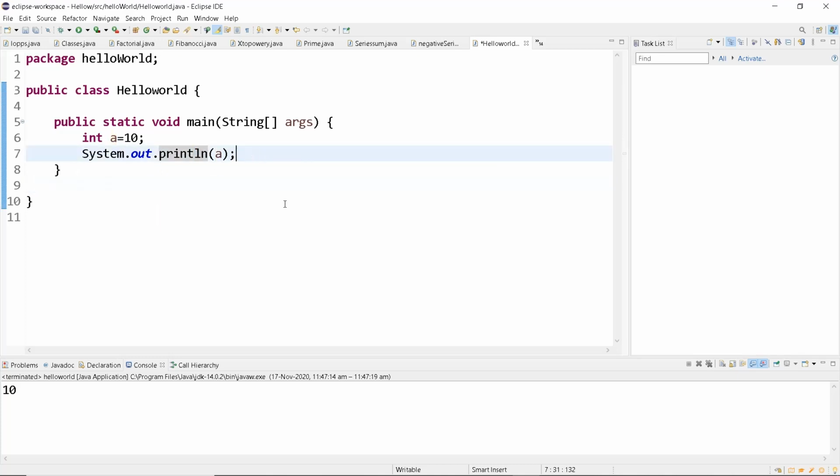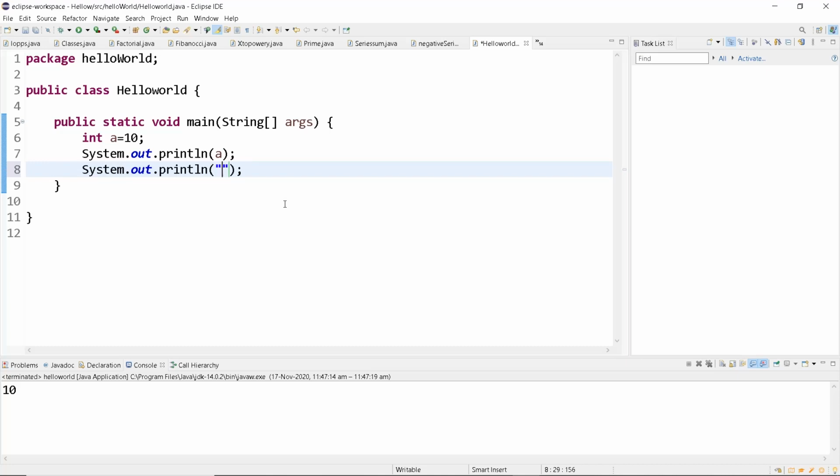And the other thing to remember is, in order to print a string, a string is nothing but a word or a sentence, whatever. For example, my name is Varun. Now in order to print out this sentence over here, we use double quotes.